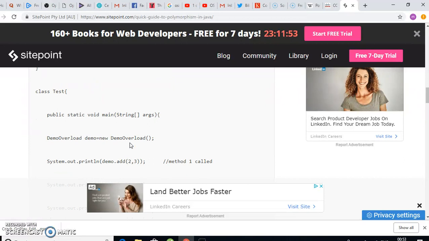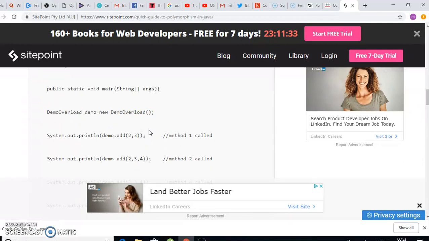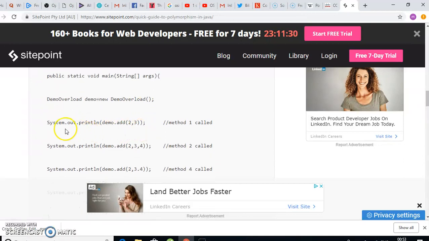So we have a class called Test, and this is the method that runs the Test class. What we do is create a new demo object by writing demo is equal to new DemoOverload. Then when we do System.out.println, demo.add(2, 3), it's just adding two numbers, so it's going to call method 1. System.out.println demo.add(2, 3, 4) is going to call method 2,